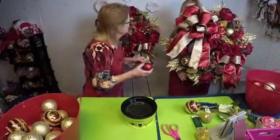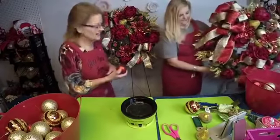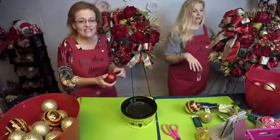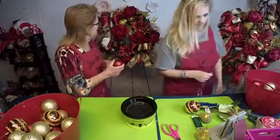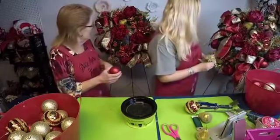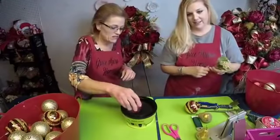So here's what I have so far. That is very pretty. I think I like yours better than mine. I like them both. It's hard to mess up with these colors. Yes, it really is. You can just put things wherever, and they are turning out nice, I think. I'm going to add a couple of...